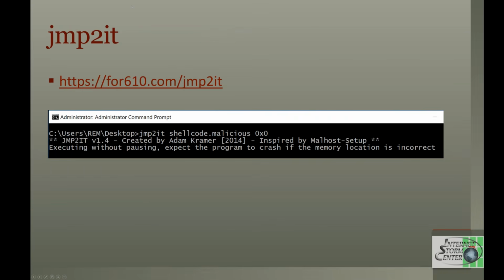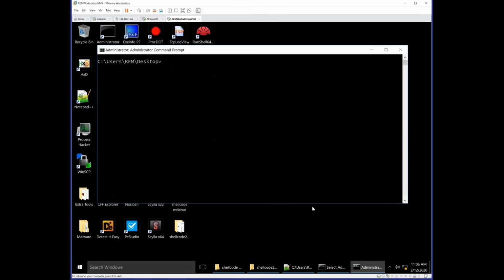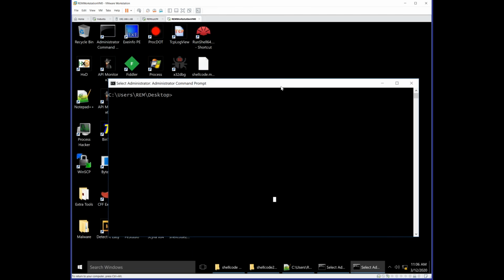Another thing that we can do with it to observe it behaviorally is we can use jump to it, which is a tool that we use quite a bit in Forensic 610. So on the desktop here, I can say jump to it,